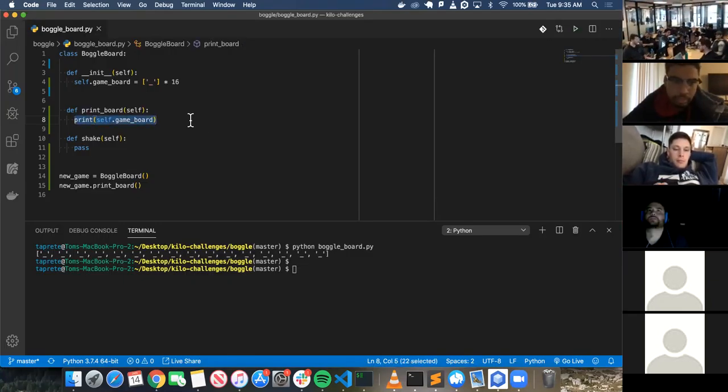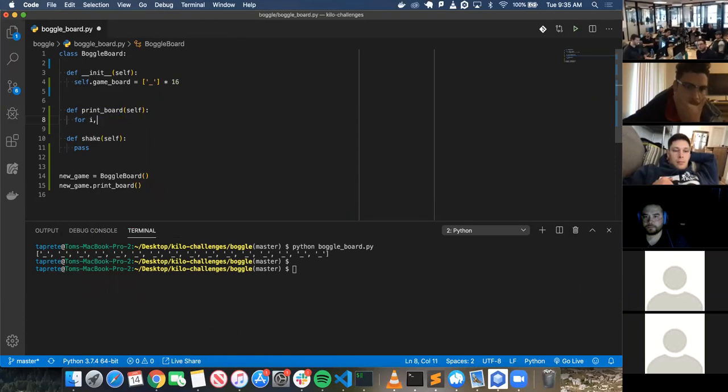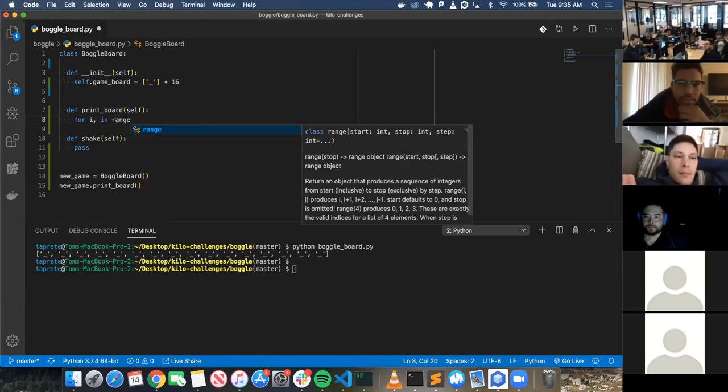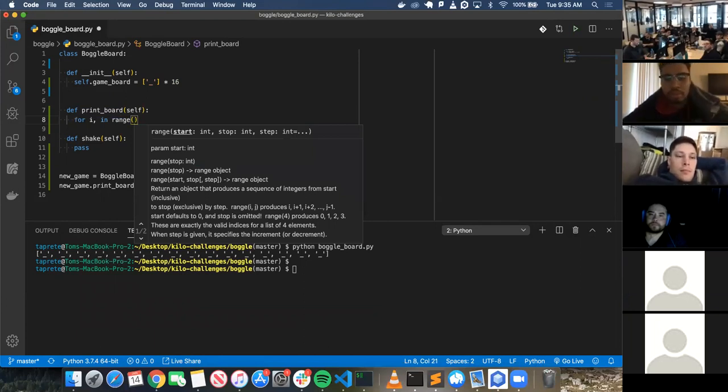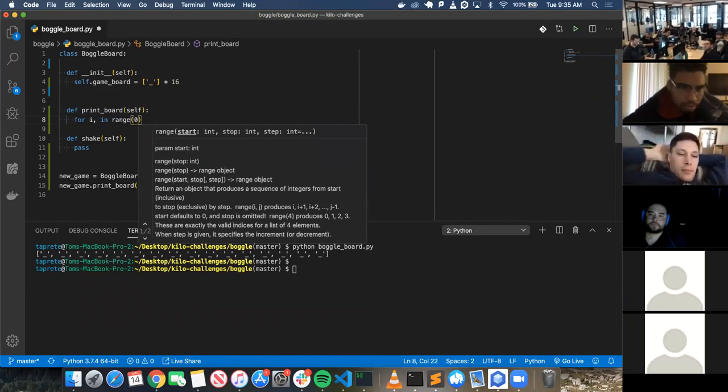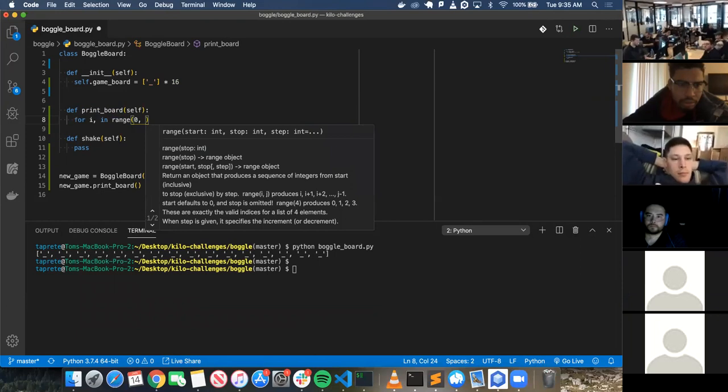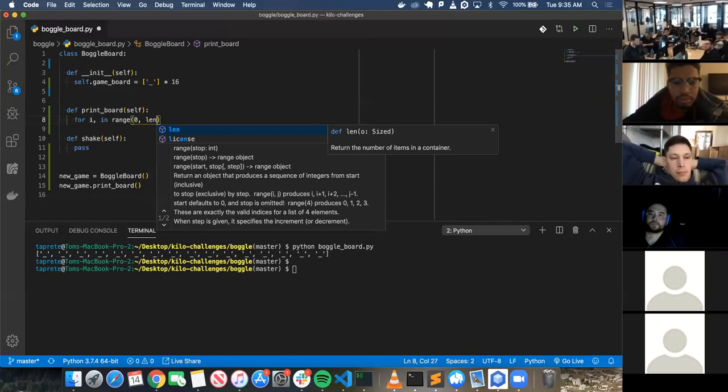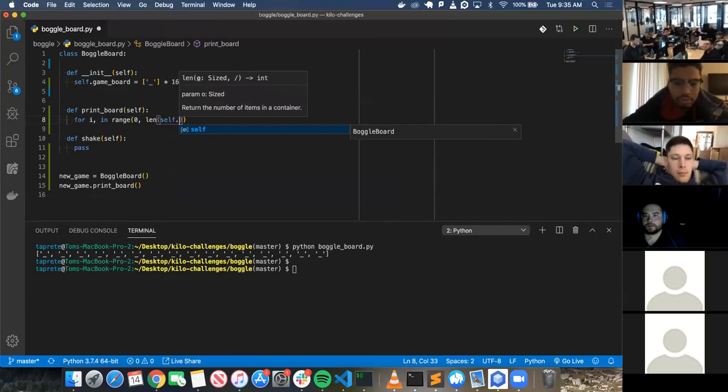I heard a loop. I heard a couple of people say loop. So for index in range of 0 to the length of the board, self.gameBoard,